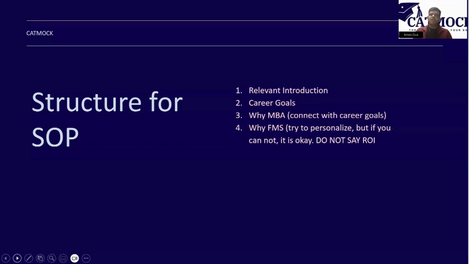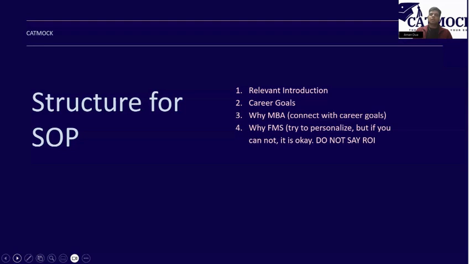Another example is if my goal is to maybe do a corporate job, and my why MBA then goes into I want to be a marketing person or a finance person, that makes no sense. Because if you just want to do a corporate job, why would you not want to be a consultant? Right. So it should have some connection with your career goals and it should have some logical flow in it. It's just 150 words. Without logical flow, it would sound really pathetic.